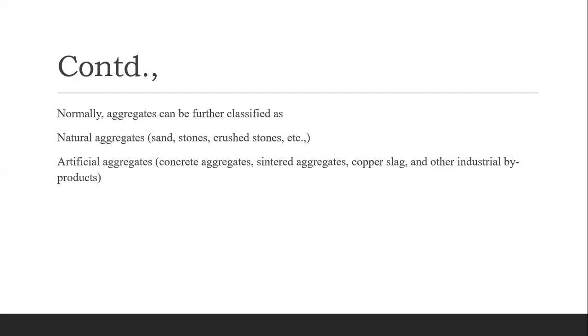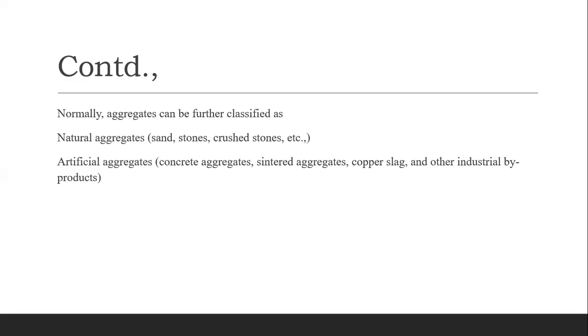Apart from that, we have two basic classifications, natural and artificial aggregates, as I said previously. Natural aggregate does not react with cement paste, first of all. In the case of artificial aggregates, in some cases they tend to react, but in some cases they do not react, based on how they are manufactured. The examples of natural aggregates are sand, stones, crushed stones, etc. In the case of artificial aggregates, there are recycled concrete aggregates, sintered aggregates, copper slags, and